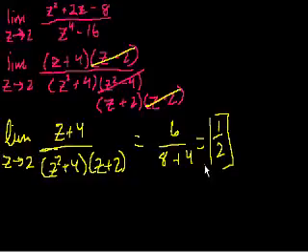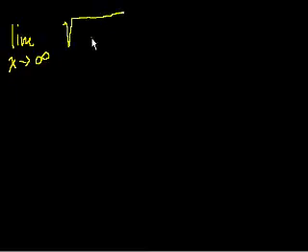Let's do another one. This one I found even more interesting that she gave me. It's really testing my memory. I remember the gist of the problem, so I might not get the exact numbers she gave me, but hopefully I get the exact properties. So it was the limit as x approaches infinity of the square root of x squared plus 4x plus 1